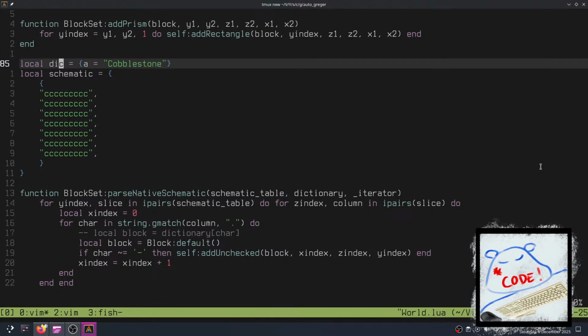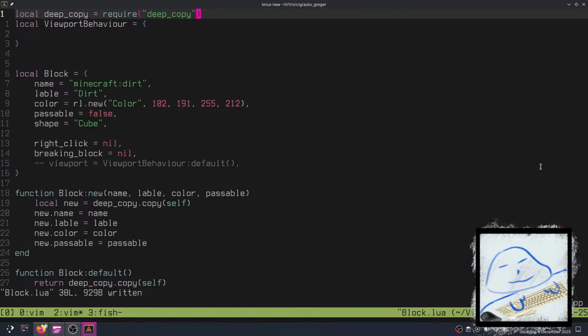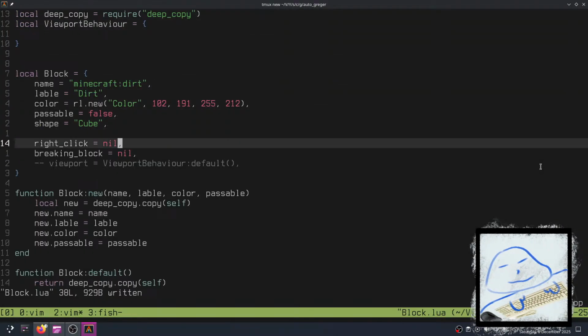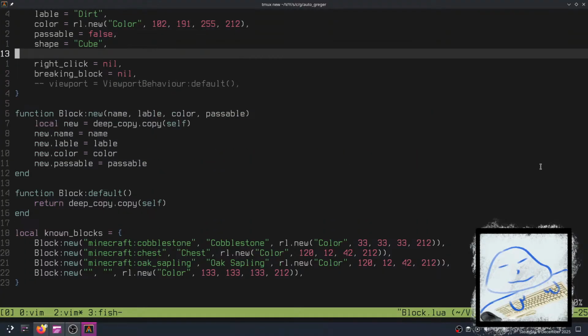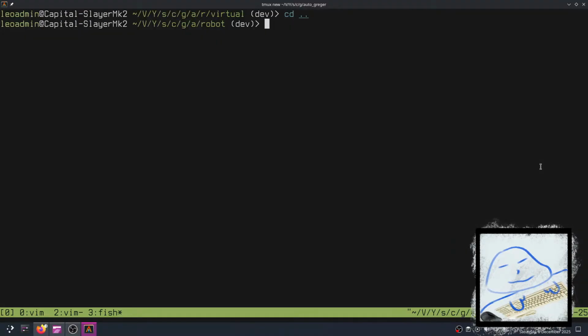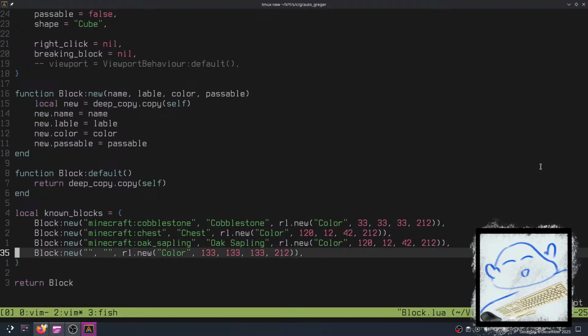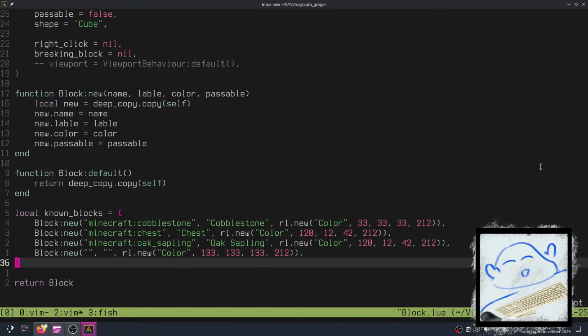I say relatively, because it won't be that easy, but I just need to connect this non-blocks definition into the schematic, into the dictionary in this file. I need to take these definitions from this file and put them in that file. Fortunately, that's